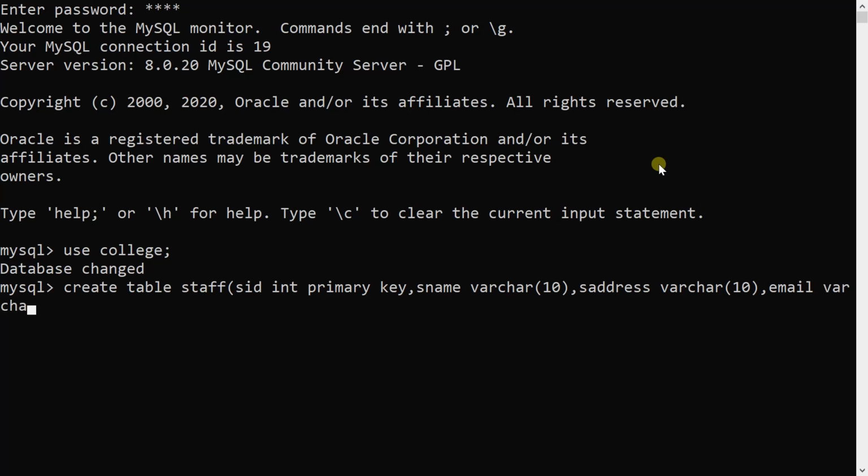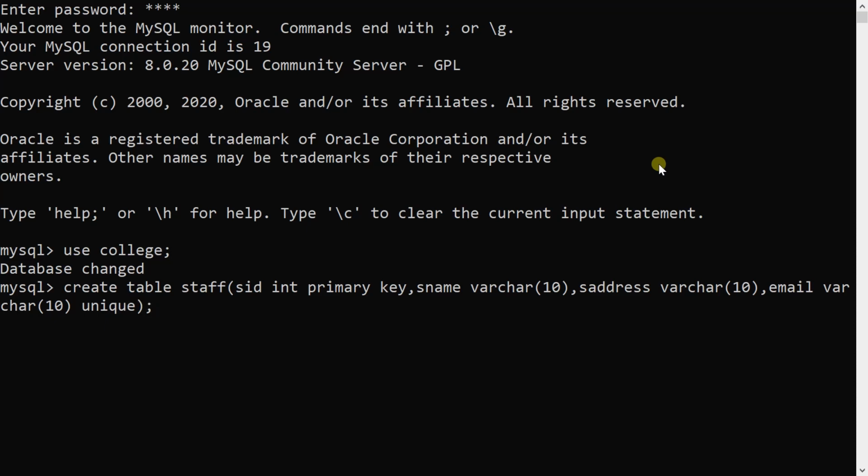Email is varchar because it is an attribute which will contain a combination of letters as well as digits, variable characters. For this attribute, we will declare it as a unique key, so in front of email varchar I will declare the unique key constraint.